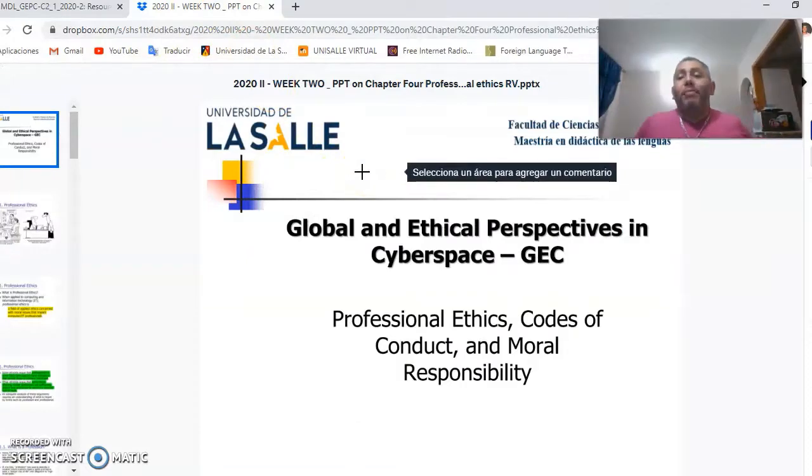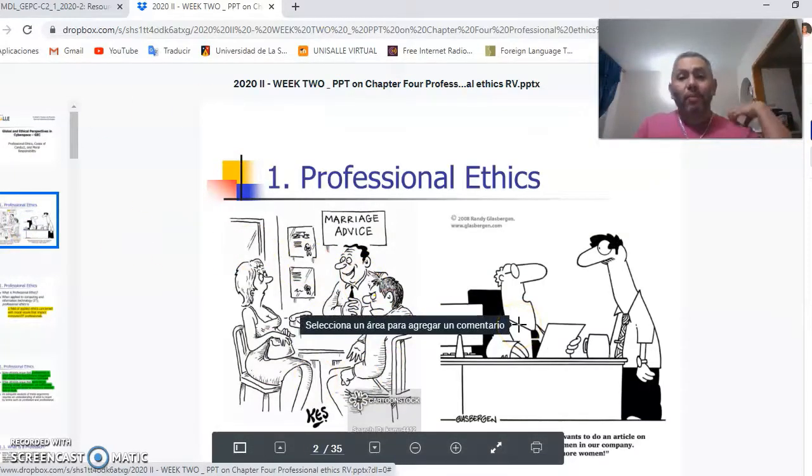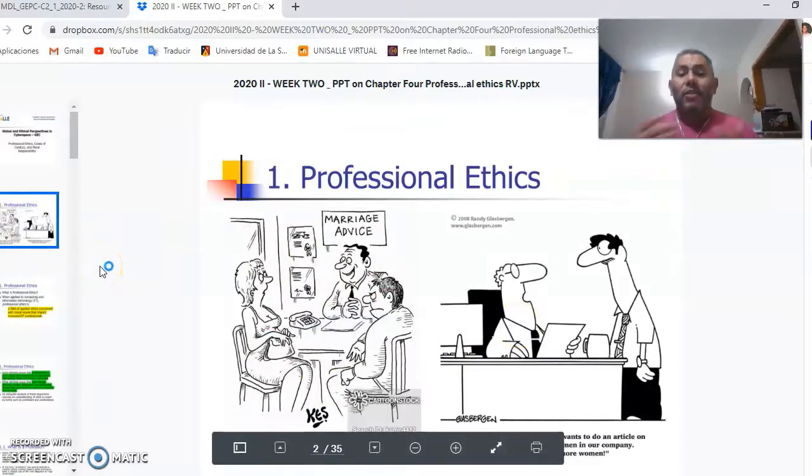Because of time, I am not going to explain the whole thing. Evidently, my intention is for you to have a general idea, a general overview, but I really invite you to go to the PPT presentation, download it, have a look at it, read it carefully, so that you can understand the context. Anyway, let's start sharing some of the ideas that I have. Initially, as you can see, I start the session sharing with you